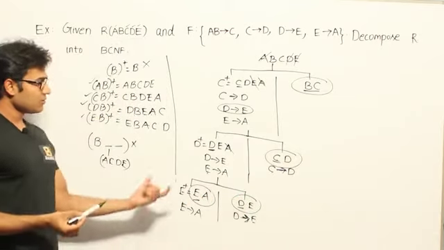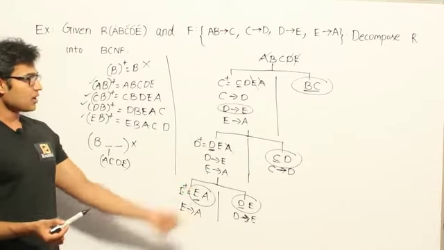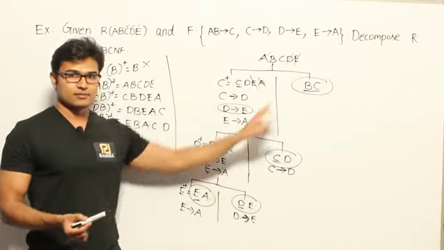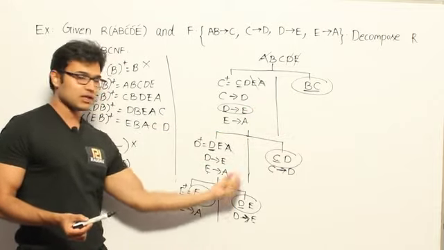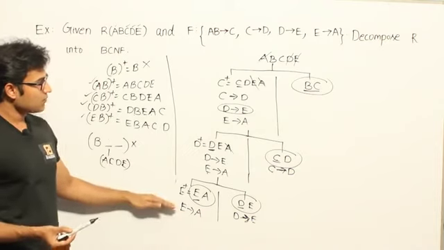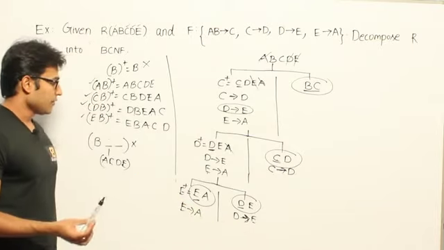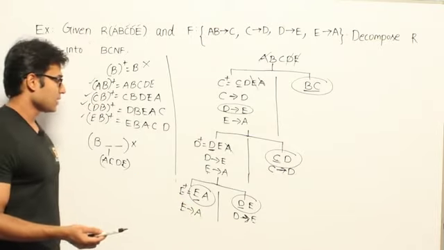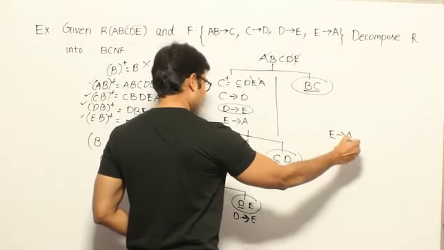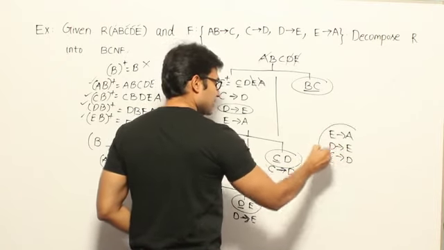Now when you try to merge them, you should merge them in the order in which I had split them, so that there should always be something in common. See, you cannot merge this one and this one. You have to merge this one with this one first, and then these two, and then those two. Got it? So anyway there is a way in which you can get the original table without any loss. Fine. Now what about the FD preserving? Now if you observe this, the FD set I finally got is E determines A, D determines E, and C determines D. So this is the FD set I got.